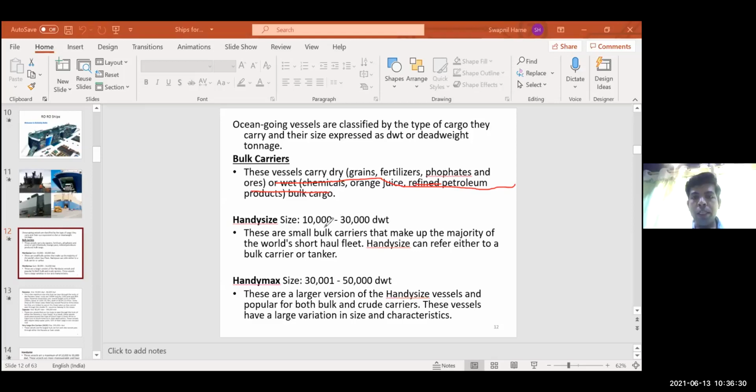Now what is this? See over here, handy size, which has a capacity of 30,000 deadweight. DWT stands for deadweight. Now, what do you understand by it? First understand something. Remember, displacement is the entire weight of a ship, including